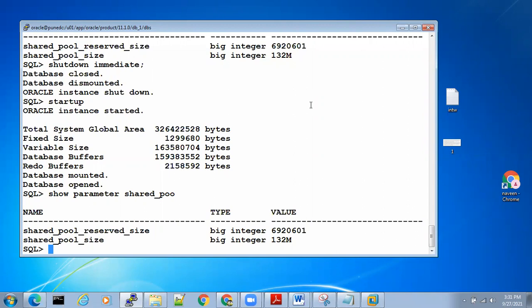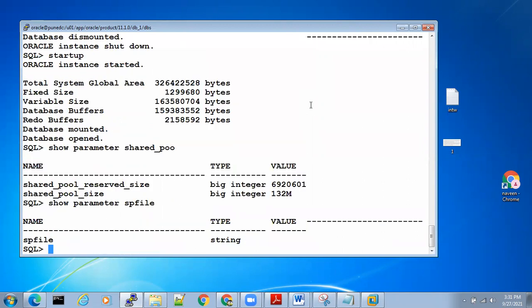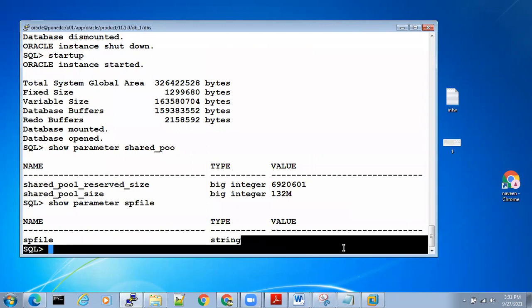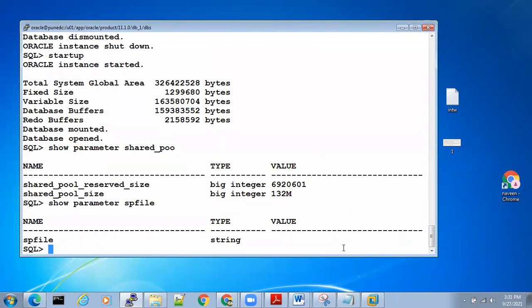Now the database is using which file? SP file or P file? SP file. Okay. See, the database is not using SP file. Shock, right? You people are shocked? Why? Because